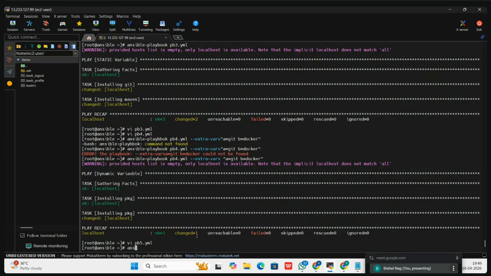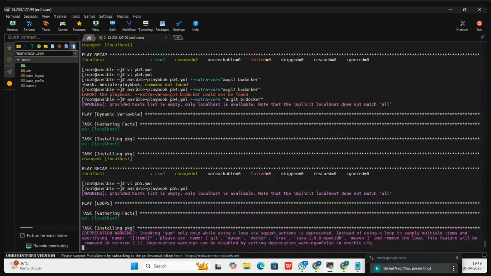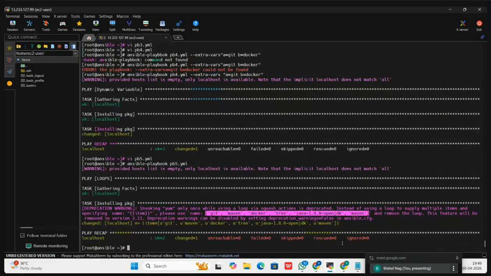do it like Ansible playbook, pb5.yml. Isn't it? See, the first package got installed. Here you can see the names. What is getting installed? Git, Maven, Docker, Tree, Java, Maven. All are getting installed. Git is already installed before, so it is not getting installed again. Maven already installed. Docker already installed. Only Tree and Java are getting installed. So see,